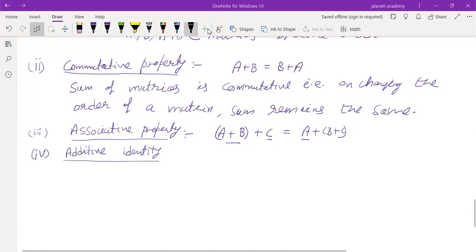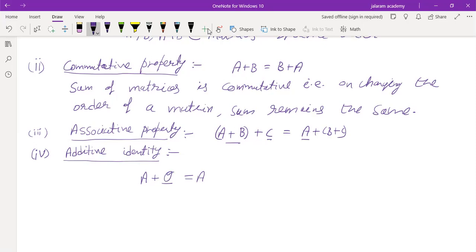So what is the meaning of identity? Identity means that matrix which when added to a given matrix gives the same result. It means if a particular matrix is added to A, it gives the result as A. I have discussed this type of matrix during the discussion of types of matrix. Can you tell that? Sir, null matrix. Null matrix, it's not set. In set theory, set algebra is used. In matrix theory, matrix algebra is used.